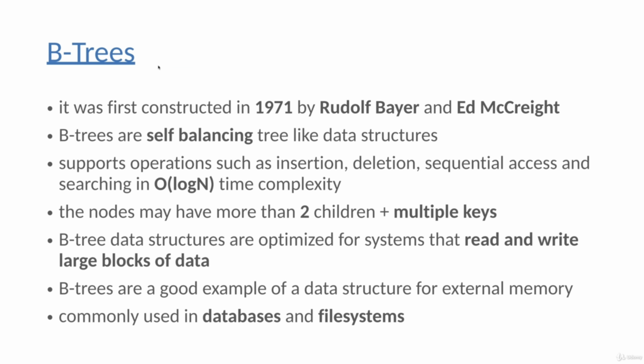Okay, so B-trees were first constructed back in 1971. It is a self-balancing tree-like data structure with guaranteed logarithmic running time complexity, and the basic idea is that every single node can contain multiple keys and every single node may have multiple children. B-trees are optimized for systems that read and write large blocks of data, such as databases and file